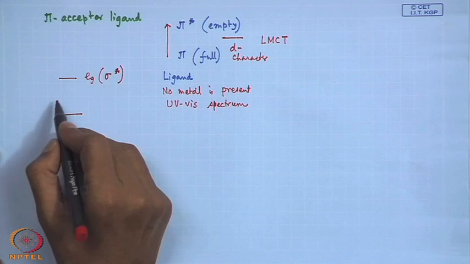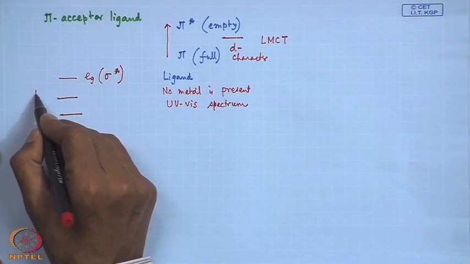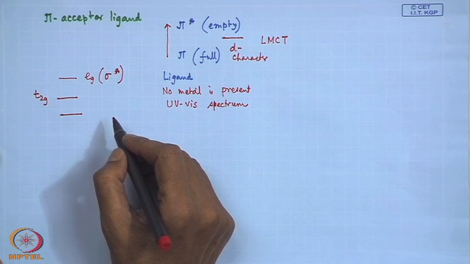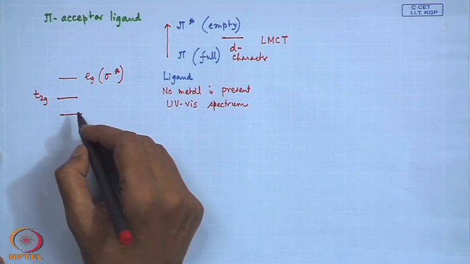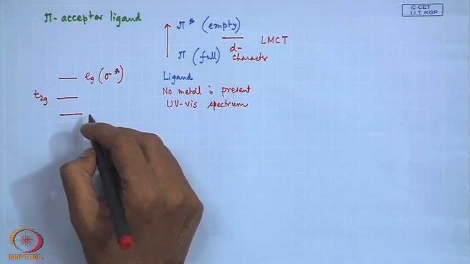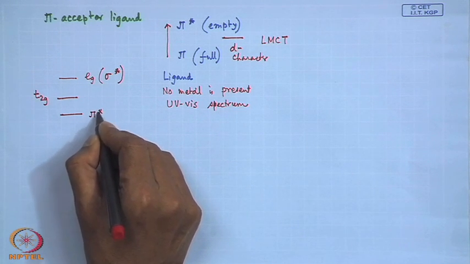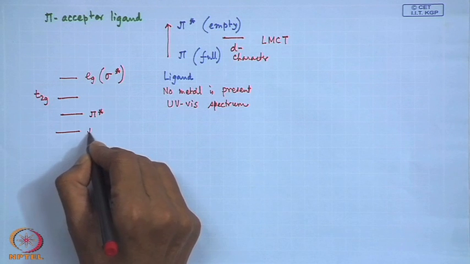In this particular level we can have the T2g which is not interacting with the ligand, which is remaining as the corresponding non-bonding level for this d6 system,